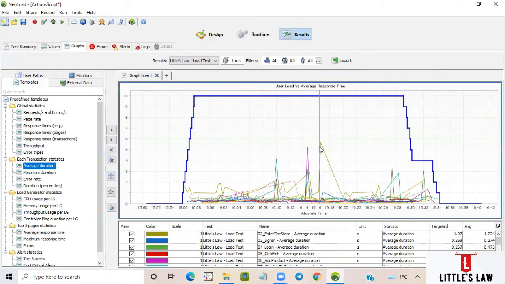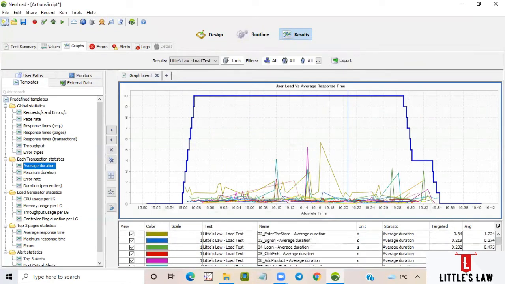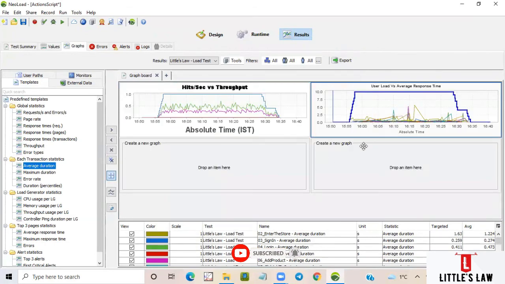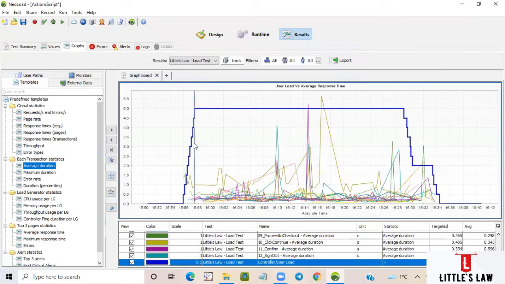And this is very easy for you to identify which transaction has taken more time. So here you can see 5.66. And also here you can find which transaction has taken more time. And if you want to scale it, you can just double click on the scale part and make it 0.5. This will give you a clear picture that during this particular load, or during the steady state, the response time has increased. Okay, so these are the 2 graphs.